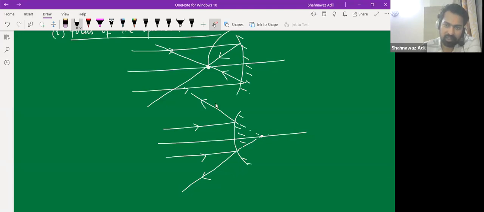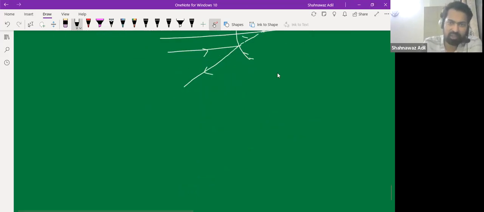Here these are virtual, right? So this would be virtual. This is called the focus of the image, where the lines are meeting or appearing to be meeting, right? So these are the focus of the mirror, and then there is this curvature of the mirror, which is the